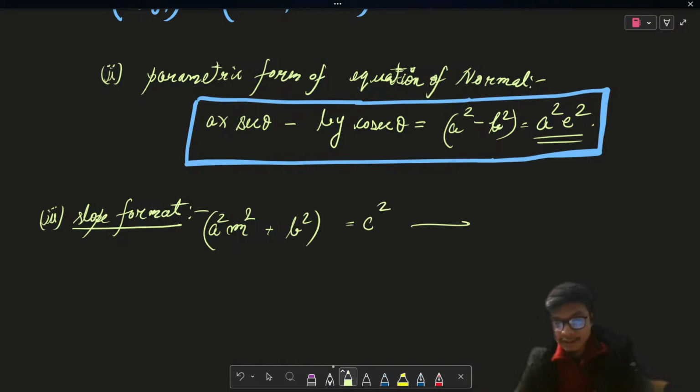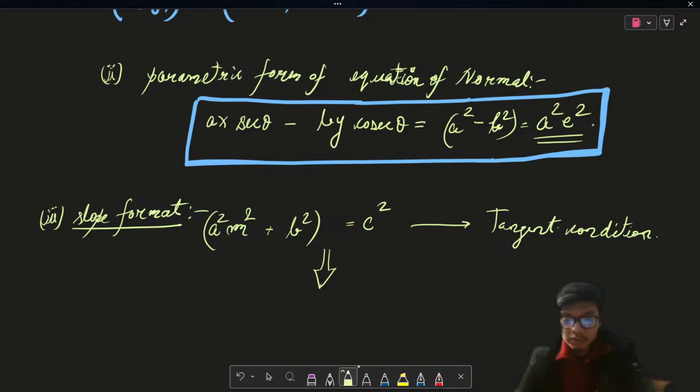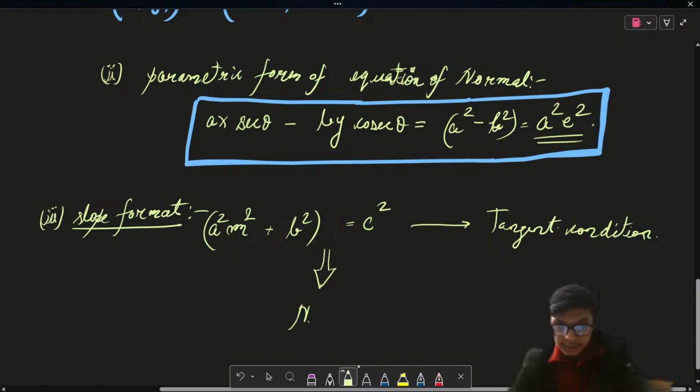Now this was the tangency condition, right? This was the tangent condition. But now from here, if I want to find out what the condition for normal is, what is the condition for